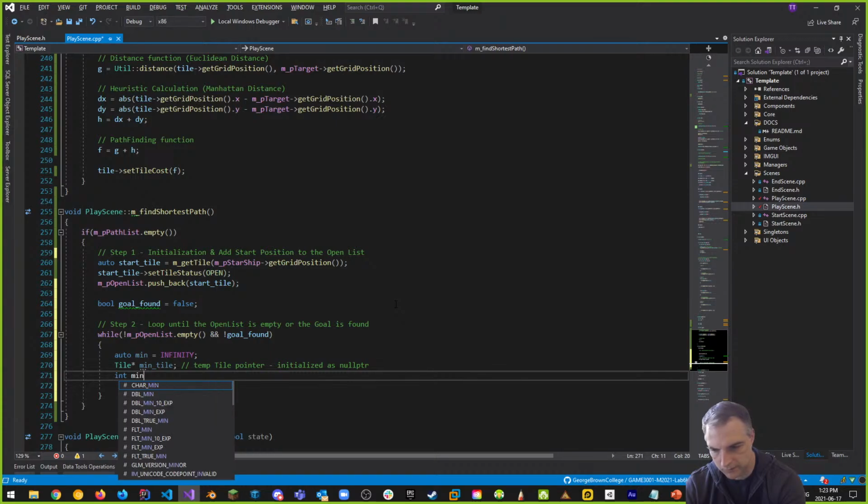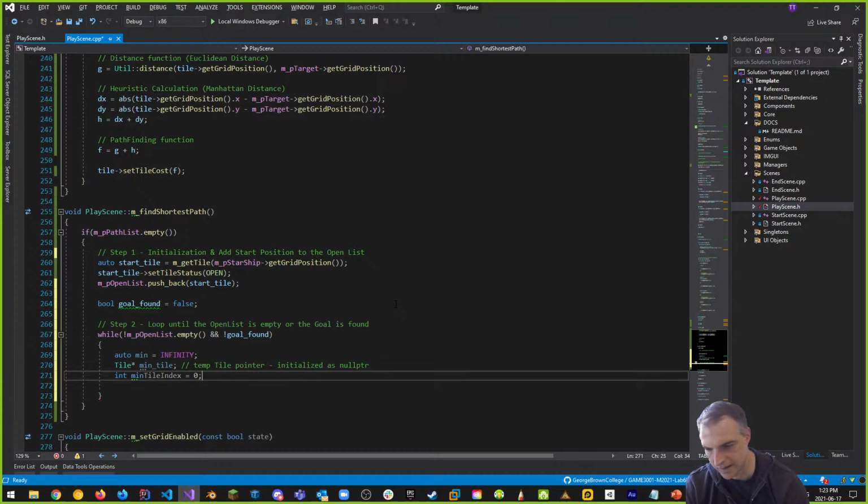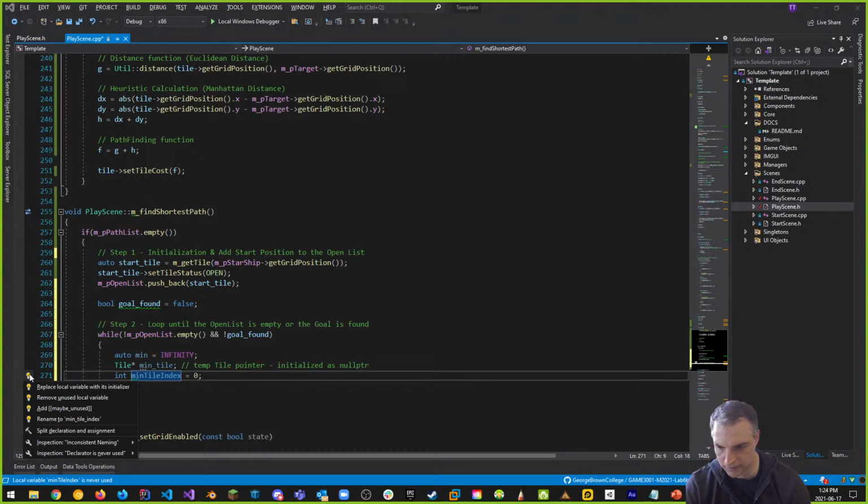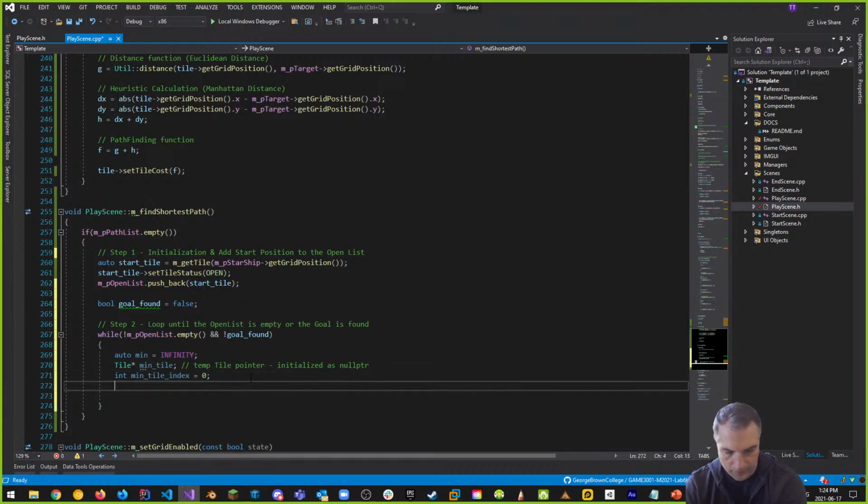I want to have the min tile index set to 0. Okay, now it's not going to like this. And notice it says that my suggestion is that it wants to do min tile index to 0. I'm fine with that. I'm going to go with the suggestion for this one. I'm also setting